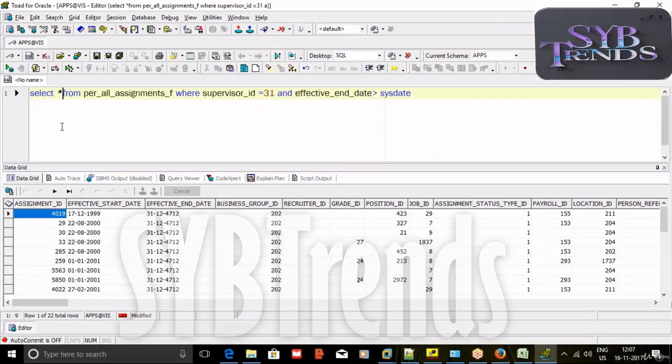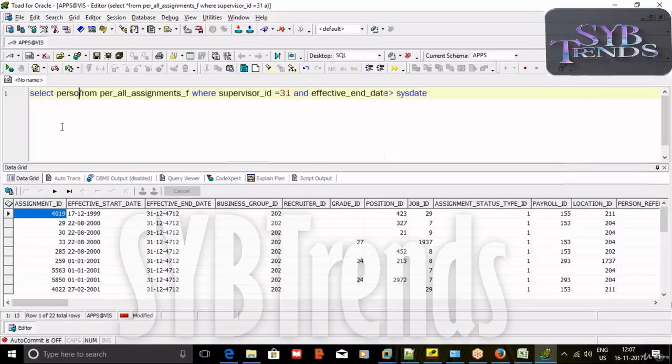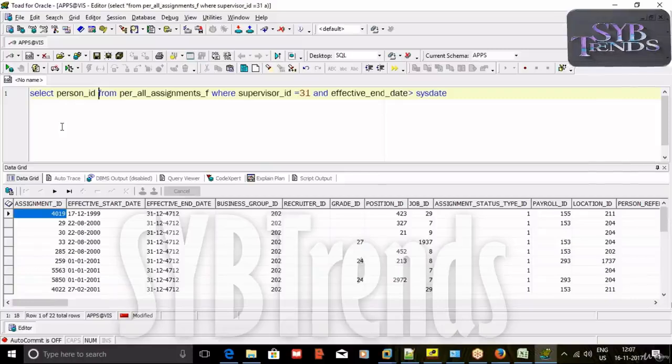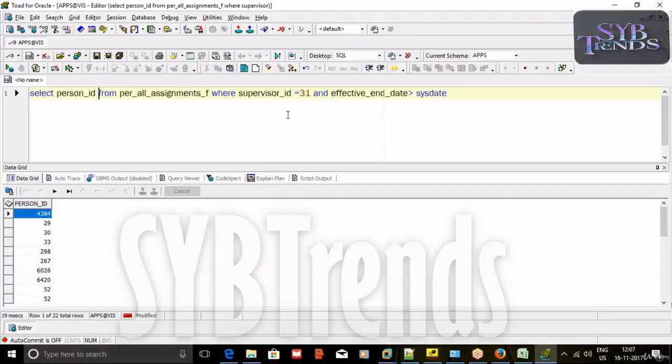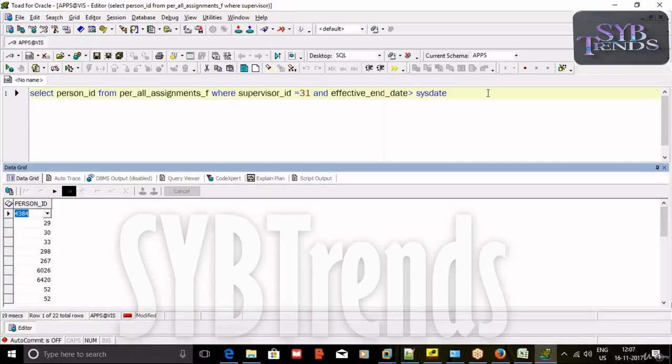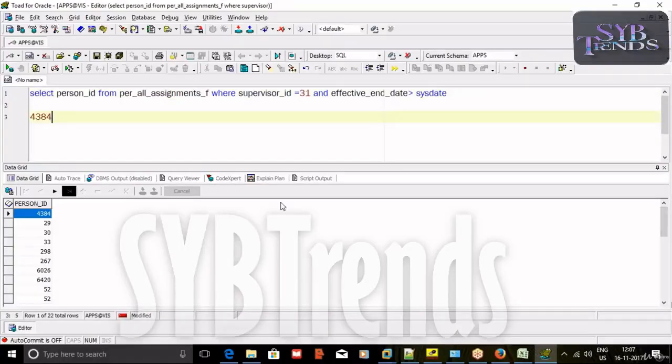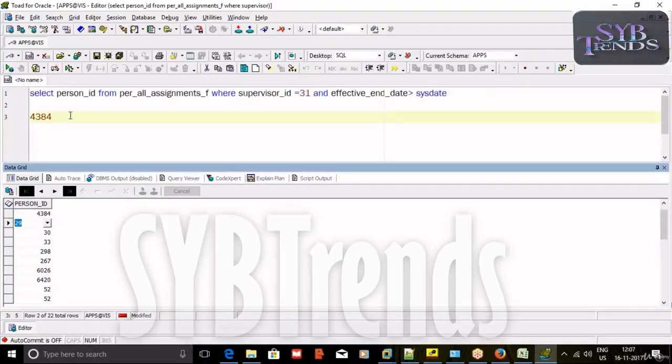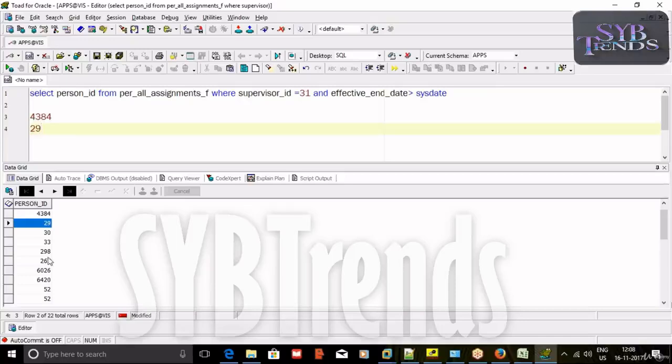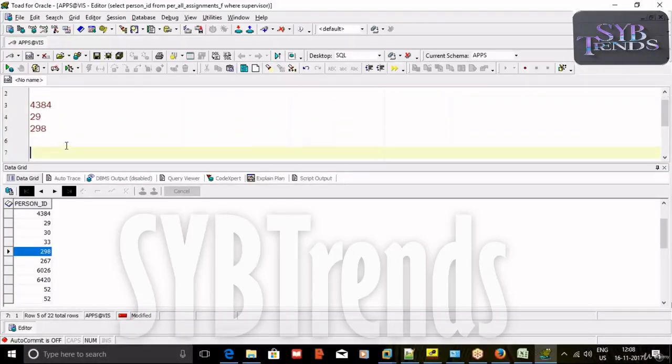Take person ID here. Okay, I want to select here 4384, 29 and 298. These three employees I would like to select, and for that I need to know